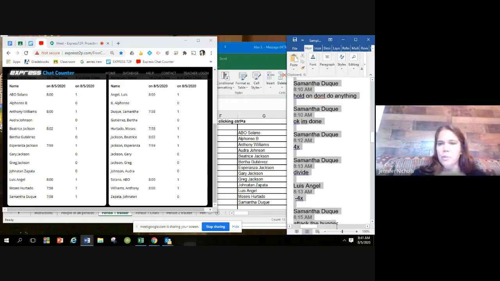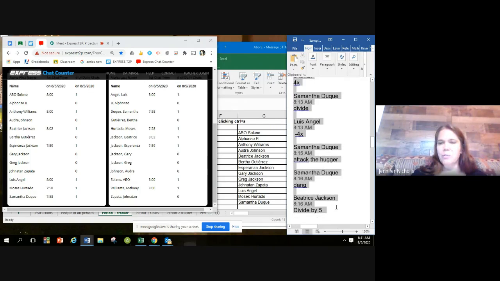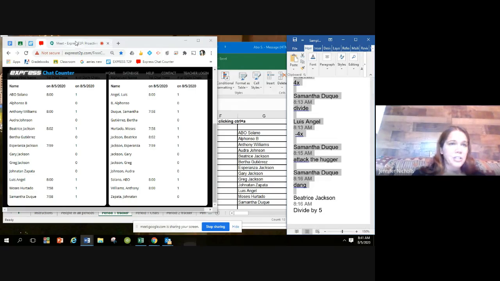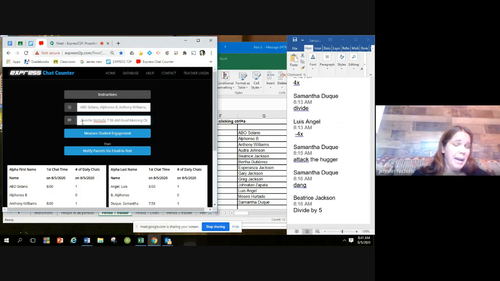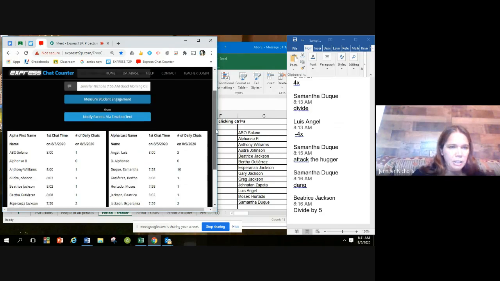So maybe halfway through the class, I grab this data, copy it, and I just go back to the app and paste it in the second spot. I don't have to go through putting the names in again because they're already there. So I do Control A, Control V. Control A is select all, and then Control V pastes. Measure student engagement,